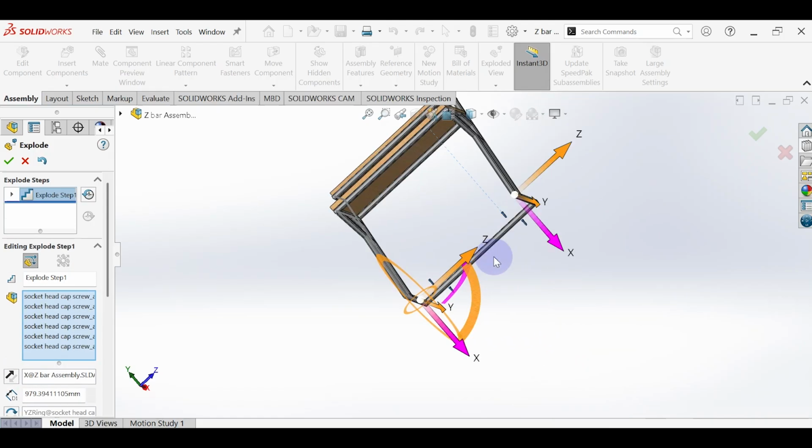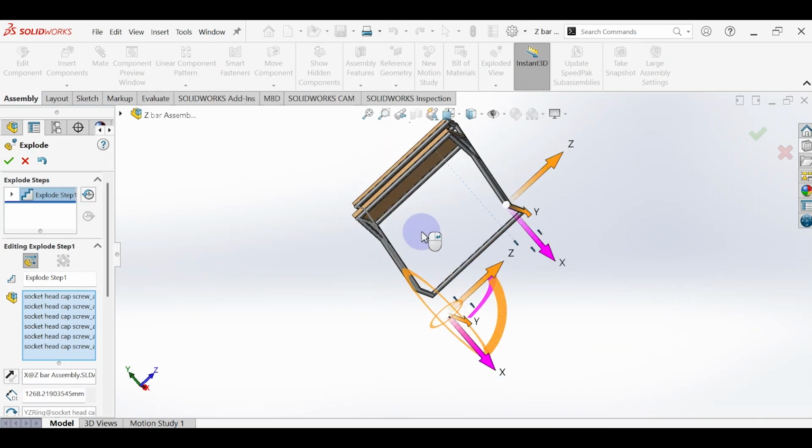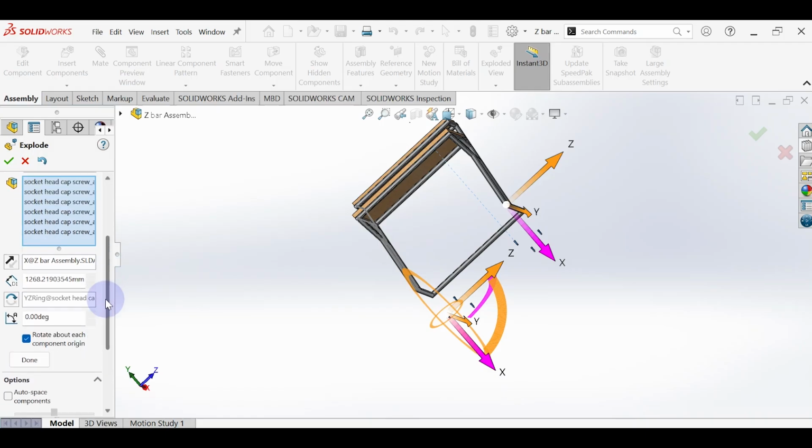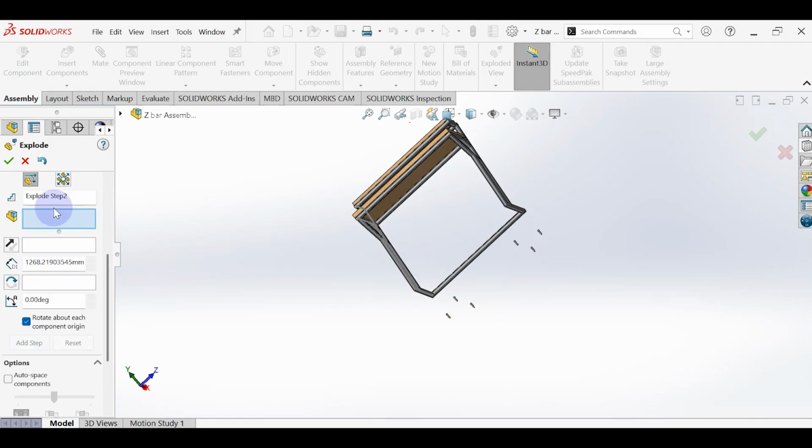Just select all the fasteners, hold your shift key whenever you are selecting multiple items. You click and drag the direction that you want it to go, then you click on done, move to the next step,